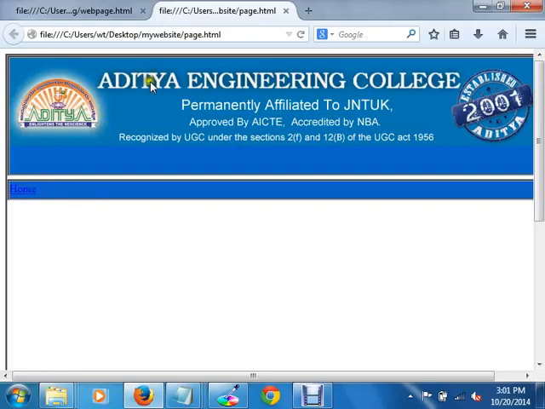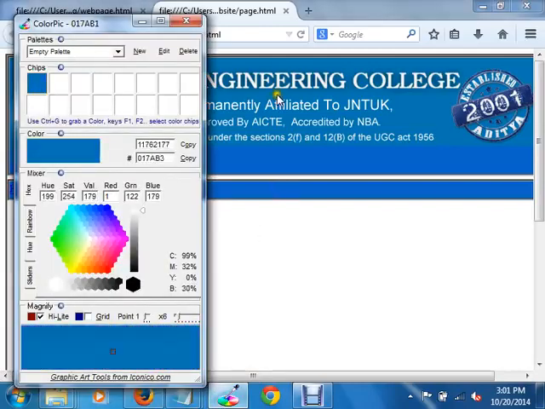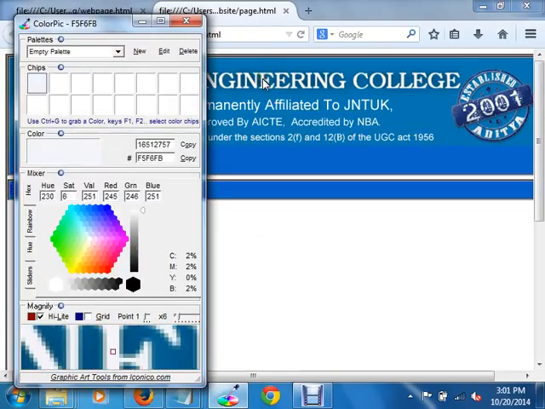It is not exactly the white color, it is a shade of this color. Now I have to find out the RGB values of this color. For that, if you put it here, it is displaying 240, 245, 246 and 251.